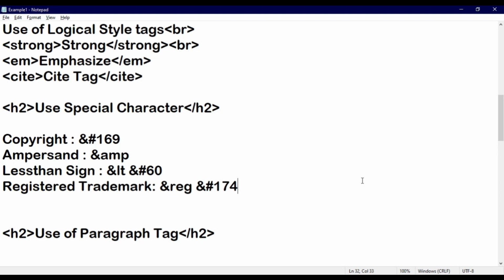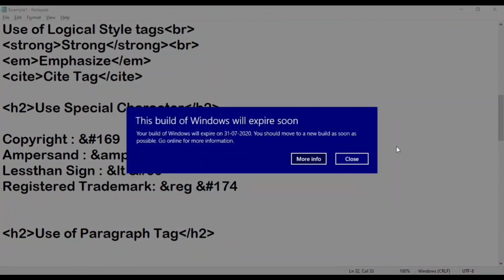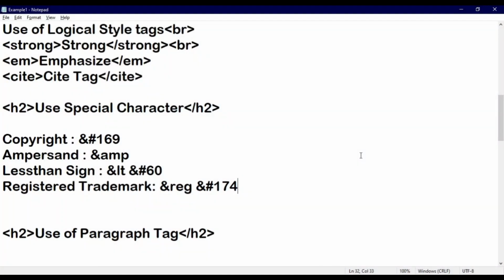Afterward, horizontal rule, in which we have seen another 5 attributes. Then we have seen formatting characters, which are divided into 2 parts, physical and logical. Then we have seen the concept of font type, font size, font color, and at the last we have seen the use of special characters, right?